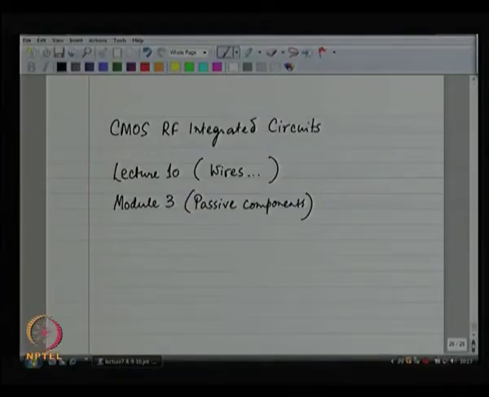Okay, welcome back to CMOS RF integrated circuits. We are in lecture 10, part of module 3. We were discussing passive components, and as part of that we were discussing wires. So far we have already covered inductors, capacitors, resistors, all of this stuff. We were discussing wires, and